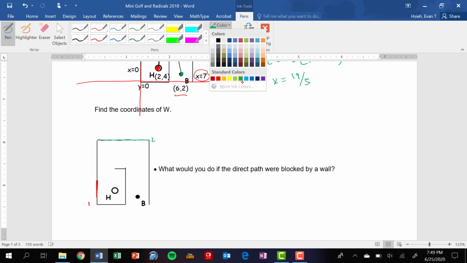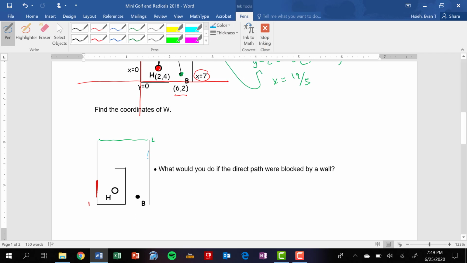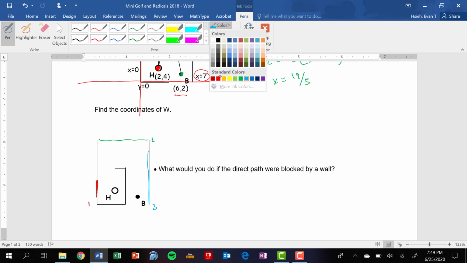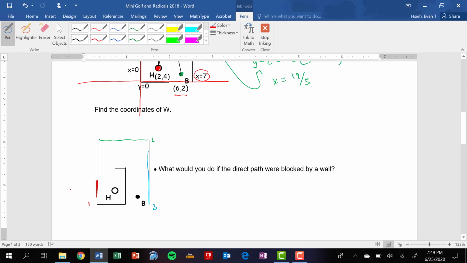And then I know that this wall is the third wall. Let's bounce it off that wall. So again, I need to take the hole and work backwards, reflect it over each of the walls in the reverse order. So there's my h prime. I can find that pretty easily. And in this case, if you look at the numbers up above here, this is just going to be, for example, negative 2, positive 4,